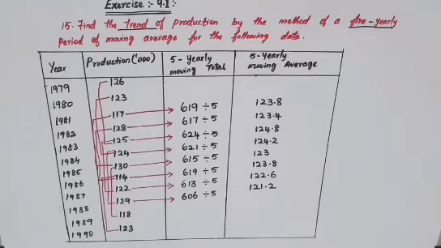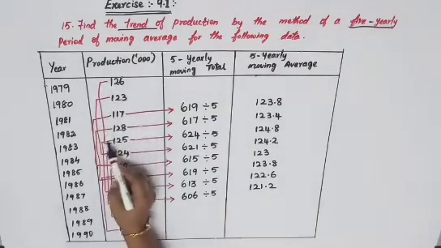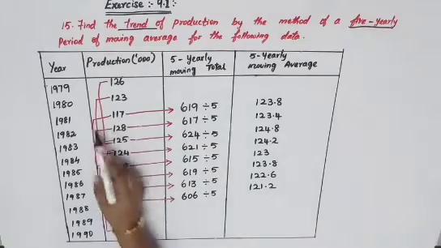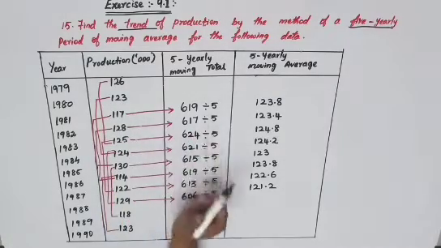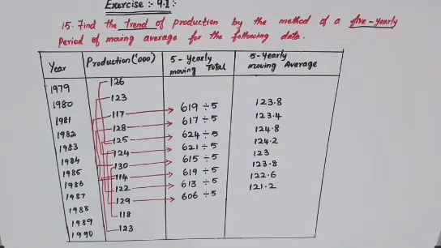So if it is 5 years, you will have to add all the 5 production, that is the production what is given. You will have to add all the 5 numbers. To the middle number you will have to write your total first. Then that total divided by 5, you will get your final average. Okay, so this is the answer for your 15th question.